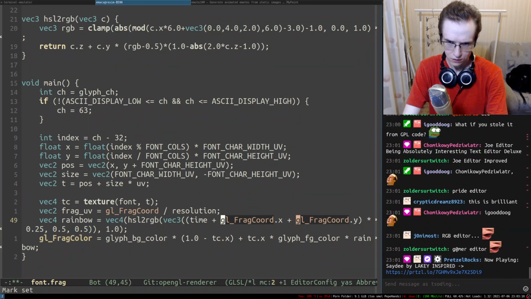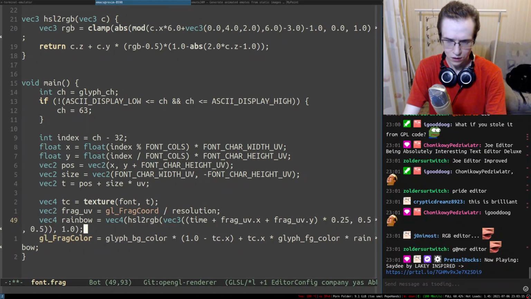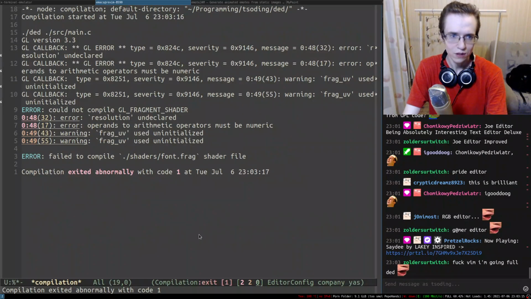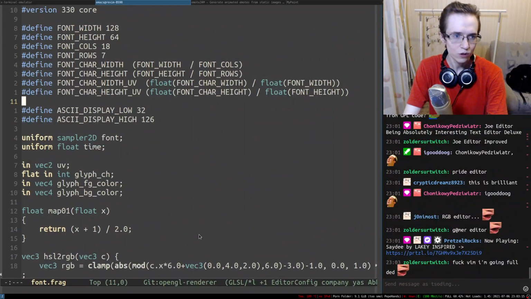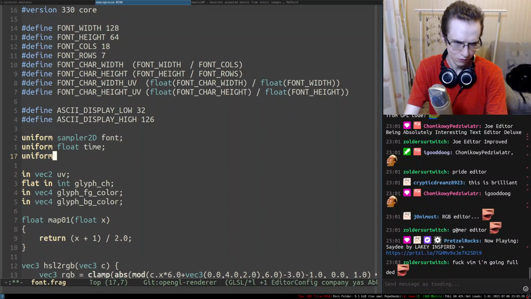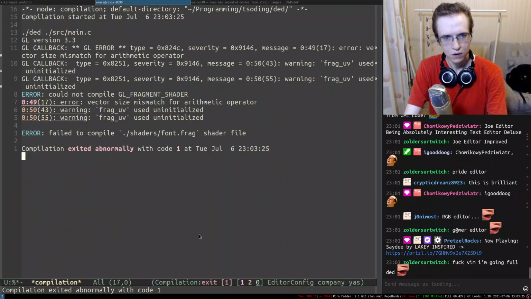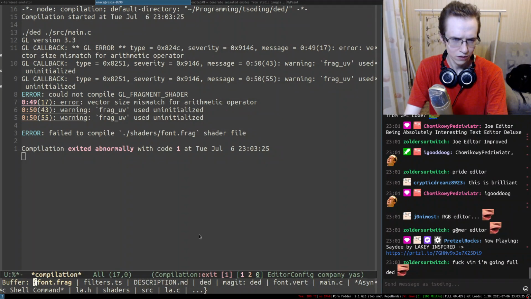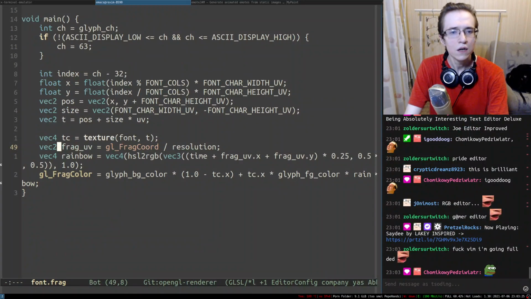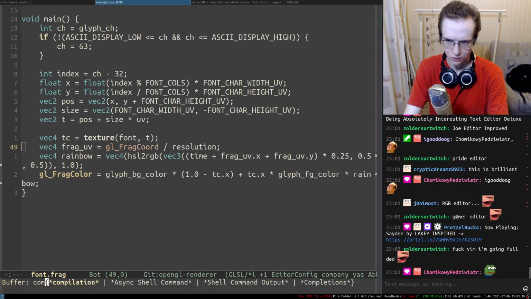Something like this, and it's gonna be a fragUV, so maybe that will make something interesting. And of course we don't have a resolution. I think we need to accept it from here. vec2 resolution, so vector size mismatch. Yep. Okay, so maybe we can just make it like this, whatever.